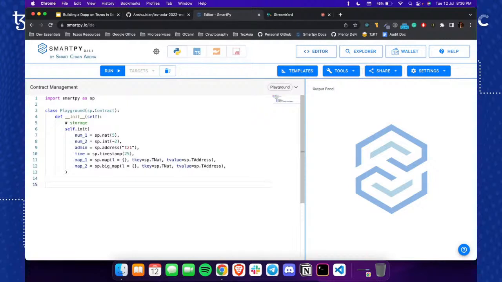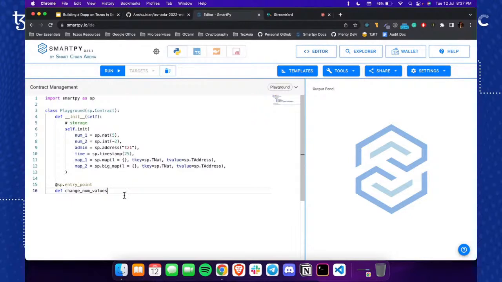Now let's make an entry point. Just like I told you a few slides ago, to make an entry point, we use Python decorators. For this, you don't really have to know how decorators work. Like till this date, I don't really understand how decorators work properly. But the point is that they make the compiler understand that it's not a normal Python function, rather it's an entry point. So let's call it something like change num values,